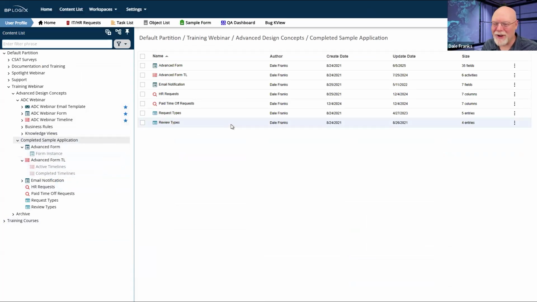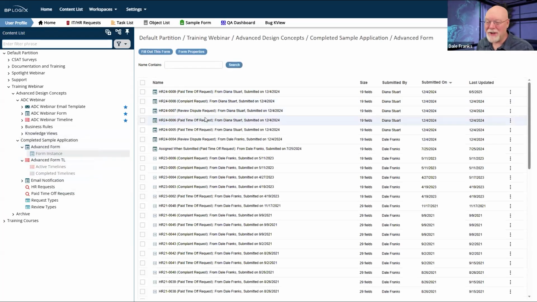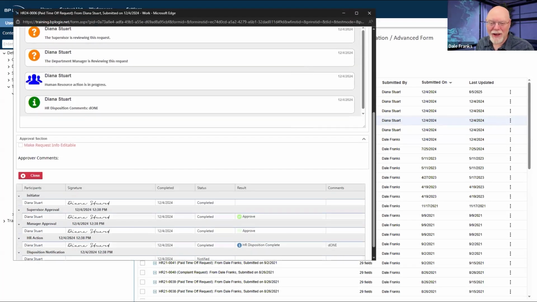And now let's look at our old form instances. So the form was, as they tend to do, the form is doing exactly what I told it to do. It was hiding this control when the timeline activity is complete. So it was doing exactly what I told it to do. Now I've told it to do something different, to show me the button when my timeline is complete. And now that I've told it to do the right thing, it's working the way that I wanted it to work.